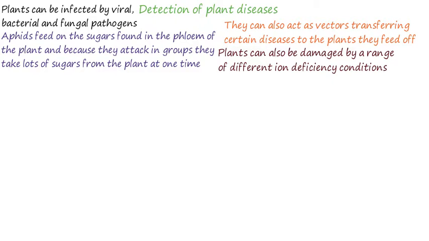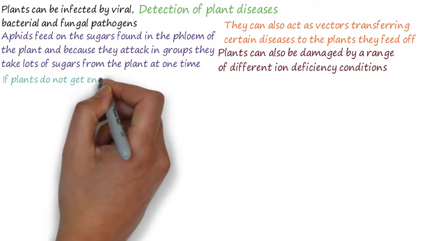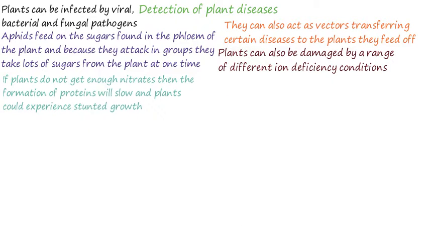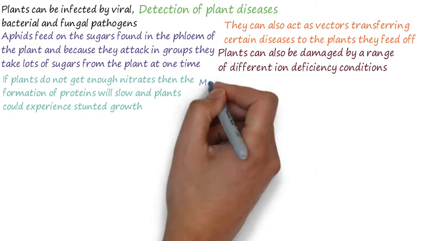Plants can also be damaged by a range of different iron deficiency conditions. These diseases will be non-communicable. Nitrates are taken into the roots of the plants from the soil. Nitrogen is a key component in proteins. If plants do not get enough nitrates, then the formation of the proteins will slow down and plants could experience